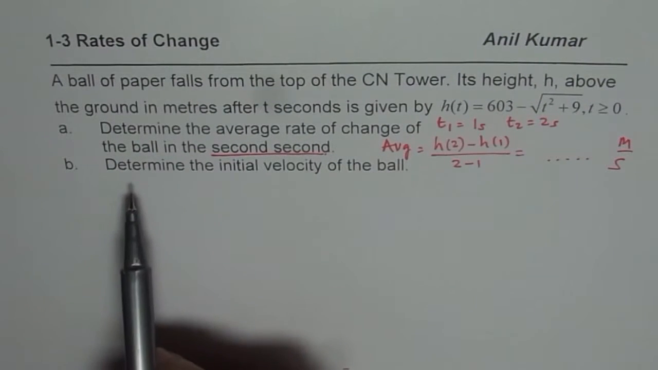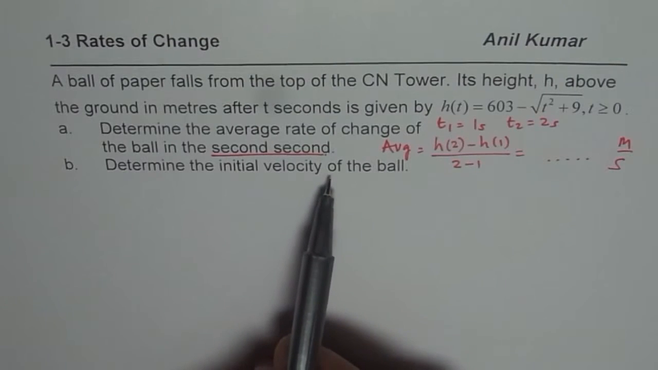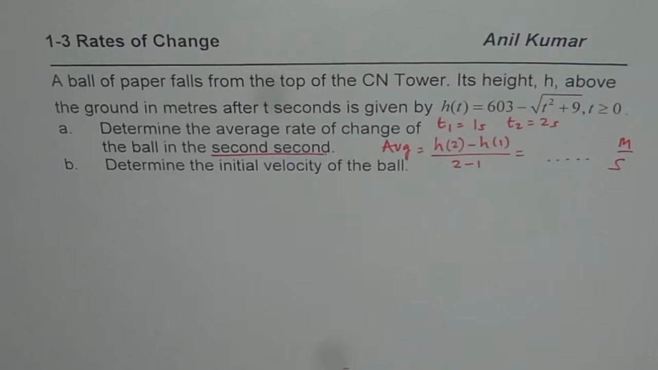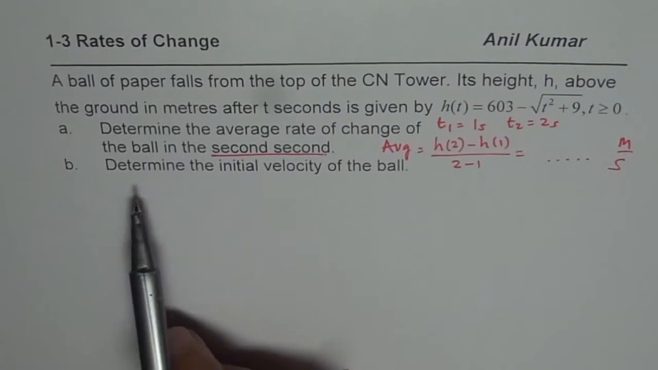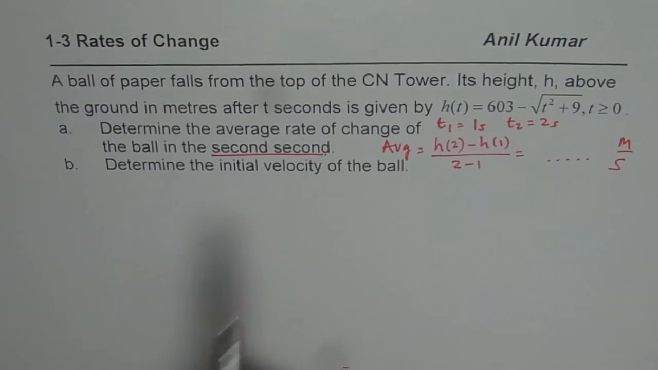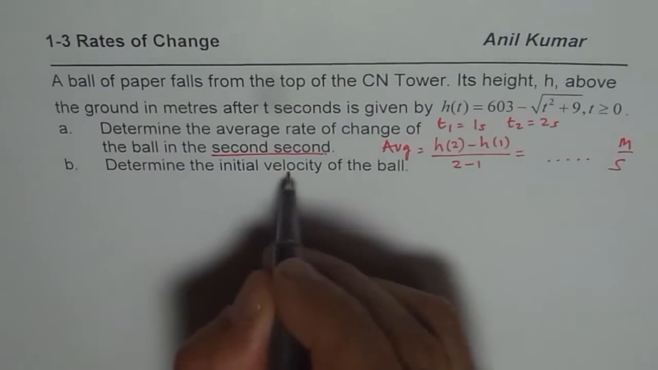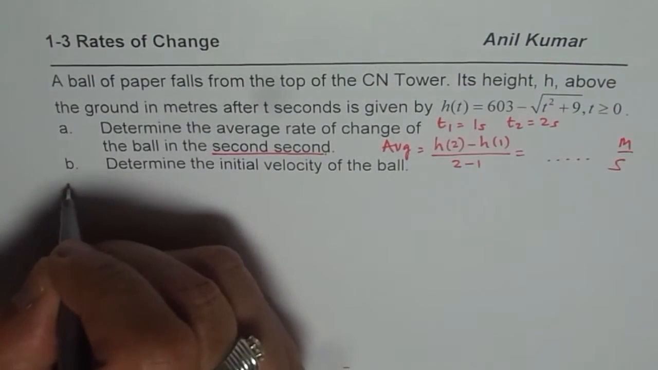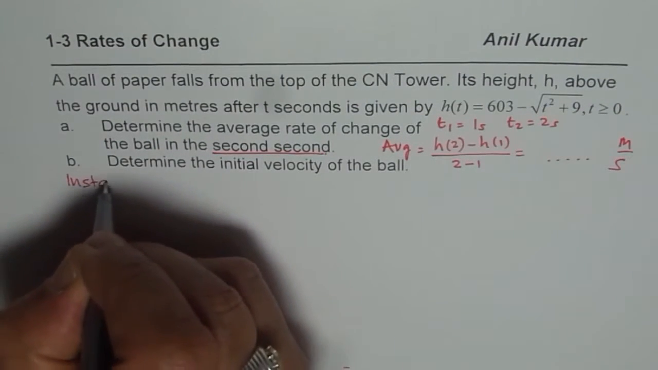The second part is determine the initial velocity of the ball. We are actually doing calculus, and we are trying to review the skills you have learned about rates of change in other subjects, especially advanced functions. So it is more related to that. Part 2 is determine initial velocity. Now, what do you mean by initial velocity? That means we are looking for the instantaneous rate